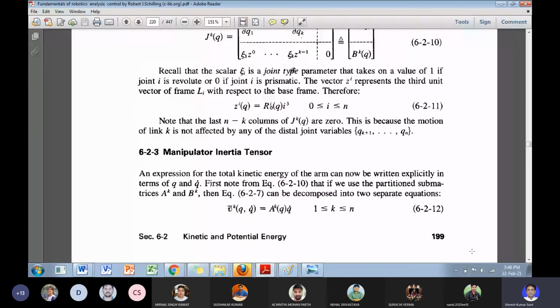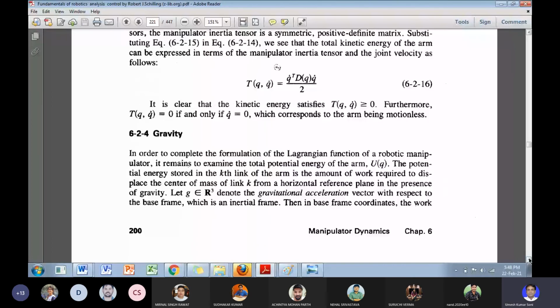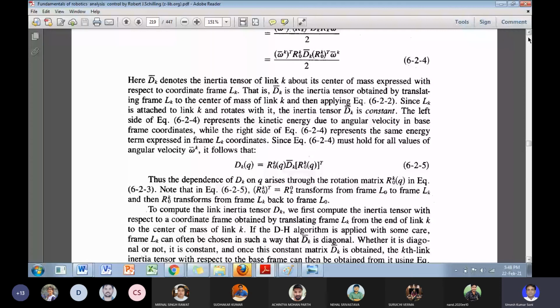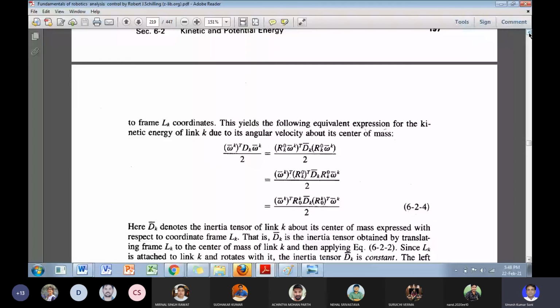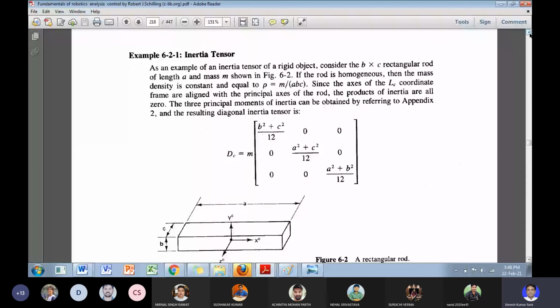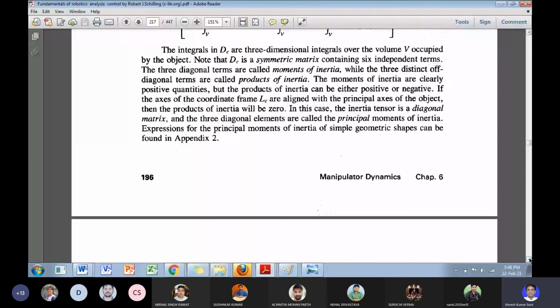Okay, so let's look once into these derivations. So you have understood up to here, right? Any problem? Maybe you have some confusion regarding this. So you look into this and how it is coming. And you see here this formula can be created for determining this inertia tensor DCM. Okay. So students,